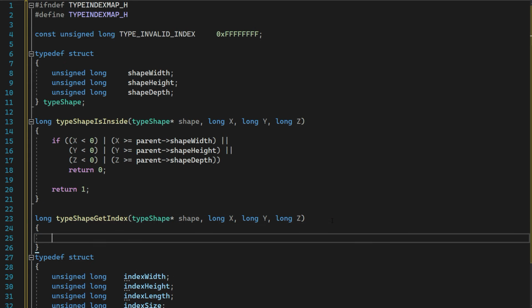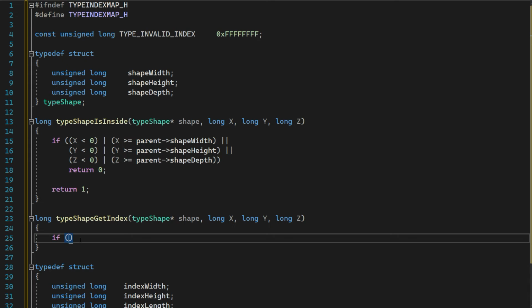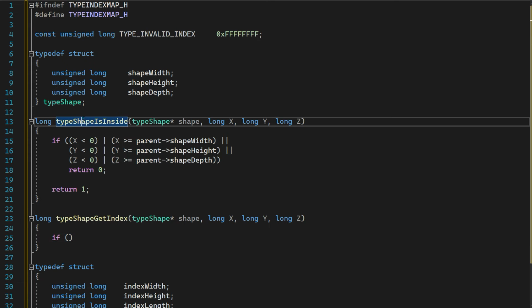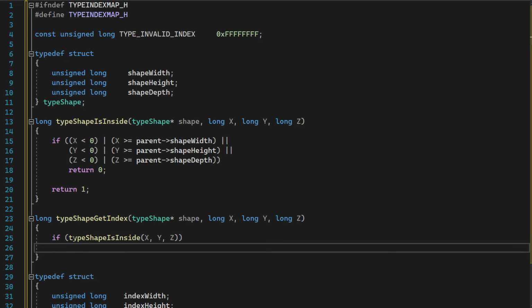Oh, so we multiply if shape is inside, the point specified is inside x, y, and z. If it's inside, then we return